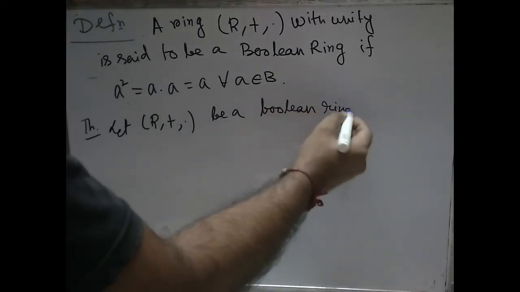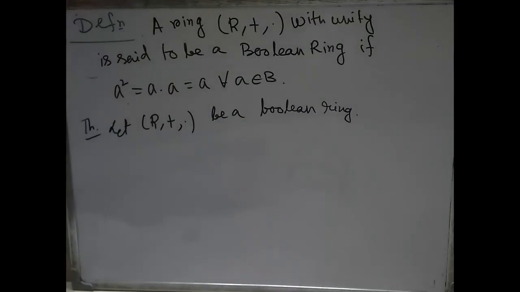See, when we are defining the Boolean ring, don't be confused that R is already a Boolean algebra. Okay, by this theorem we can construct a Boolean algebra on a Boolean ring. Okay, so